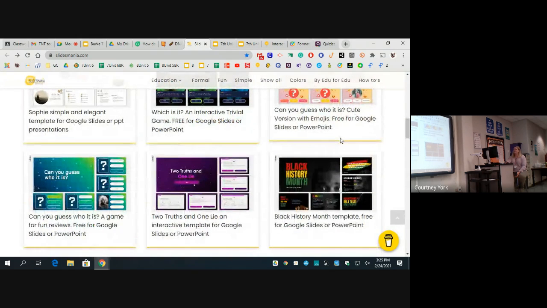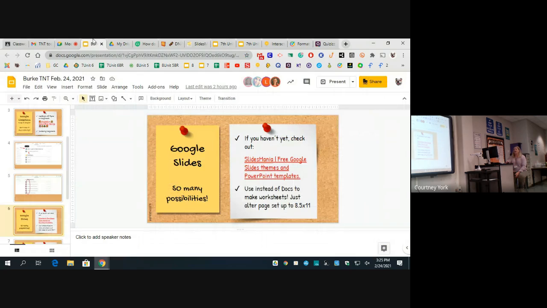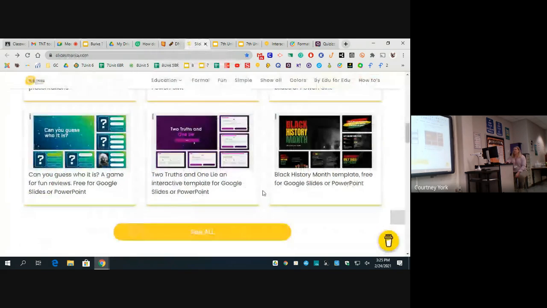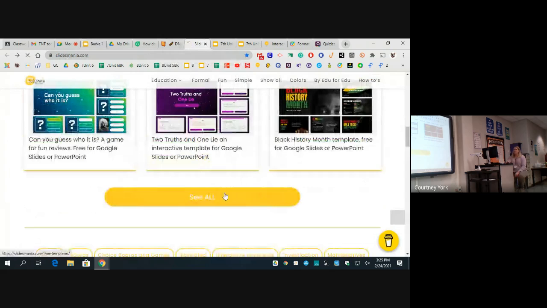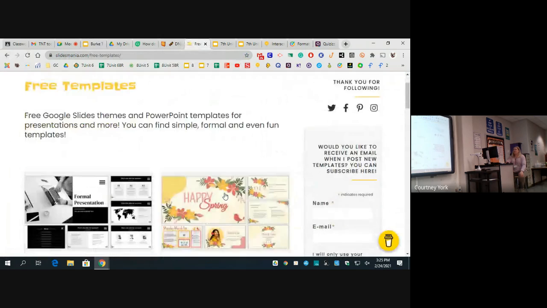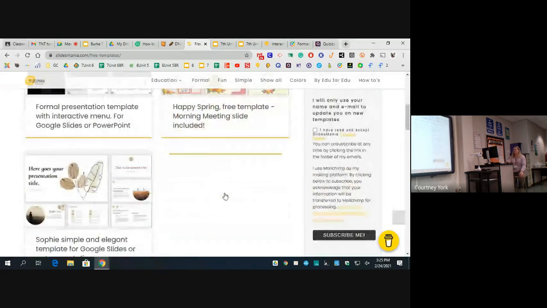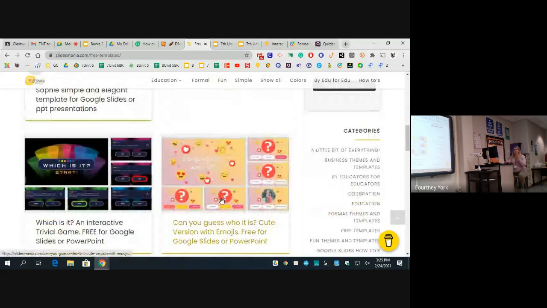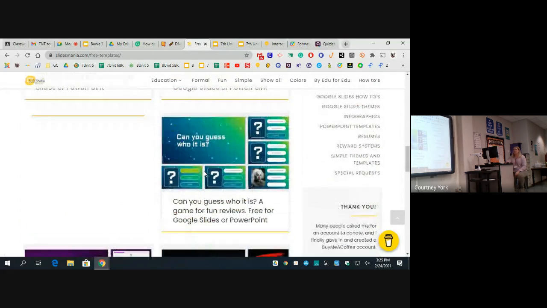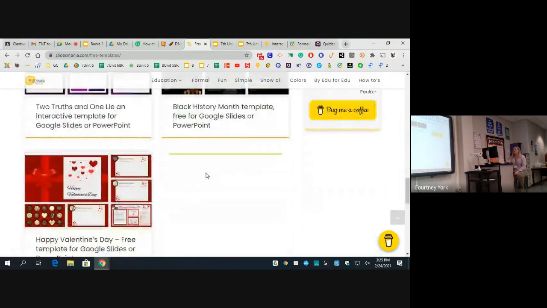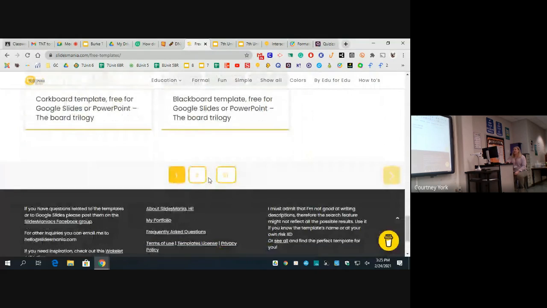The one I'm teaching with today, the one I'm using, I got from her. And all I did was look through her selection and picked one. She has interesting things for any subject matter. You can search your own subject. The games are kind of interesting. I think they've got lots of holiday stuff, but she also has more simplified